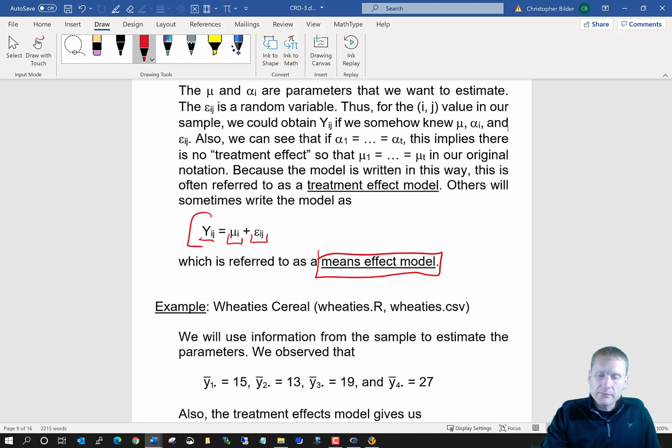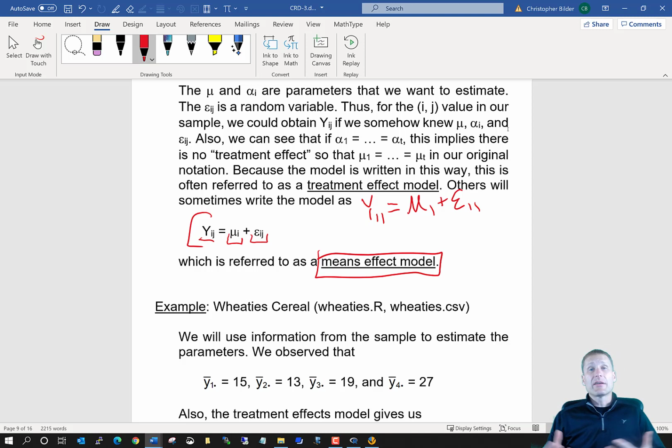So in other words, let's look at y sub 1, 1. We're going to relate it to the Wheaties example. So y sub 1, 1 means that for design type 1, store number 1, this is the number of boxes sold. And the way that this comes about through this model is that if I somehow knew what the population mean was for all the stores when this design type would be used, this mu sub 1,